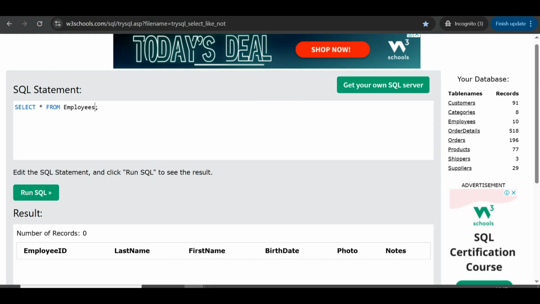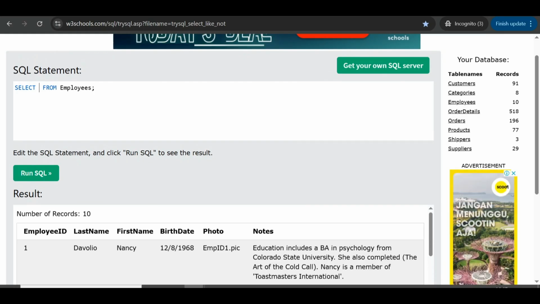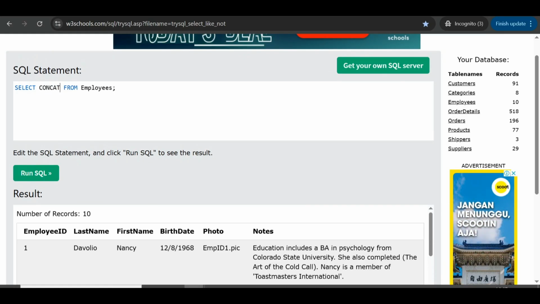Next is concatenate. Concatenate, or CONCAT, is used to combine a column that you want to show with another column or random characters. I will select all employees first, and this is the usage.